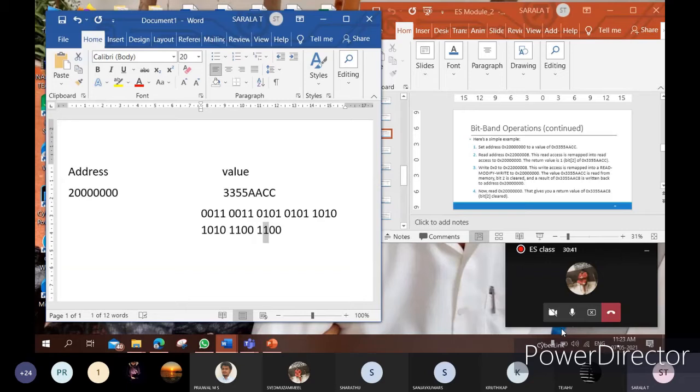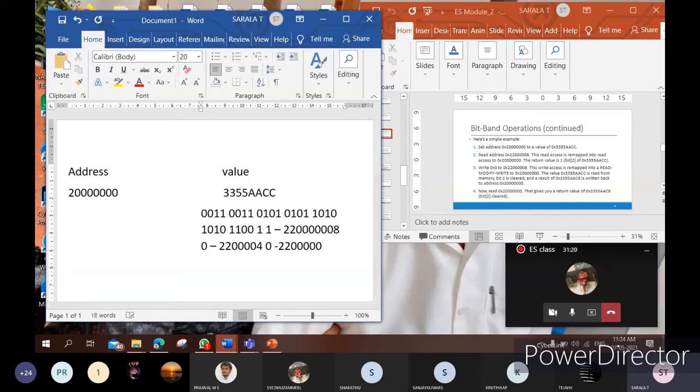Now what we have in this one is 1. Bit 0 is stored in 220000. Then the first bit is stored in 220004, and this second bit is stored in 220008. These are the addresses where these bits are stored in the alias band.